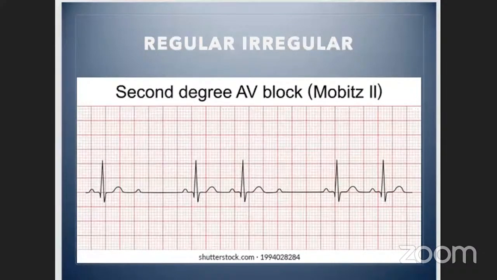And here is an atrial or supraventricular cause of a regularly irregular beat. This would be a second degree heart block, a Mobitz type 2. Every third beat is dropped. So we have our P wave, our SA node firing, we have conduction through the AV node, and then we have ventricular capture. And then again, it's a fixed split, and then our third one is dropped, and that happens regularly.